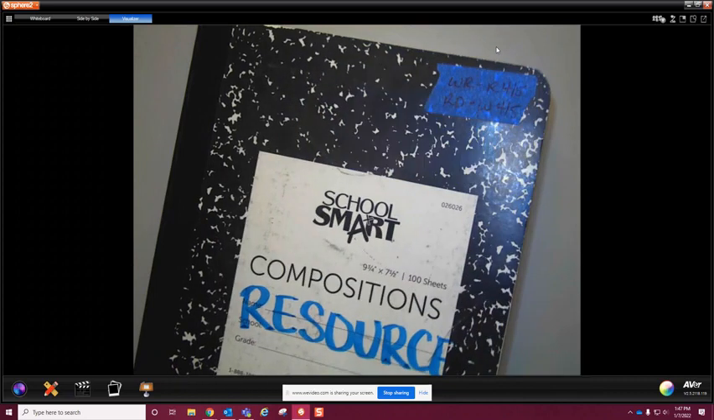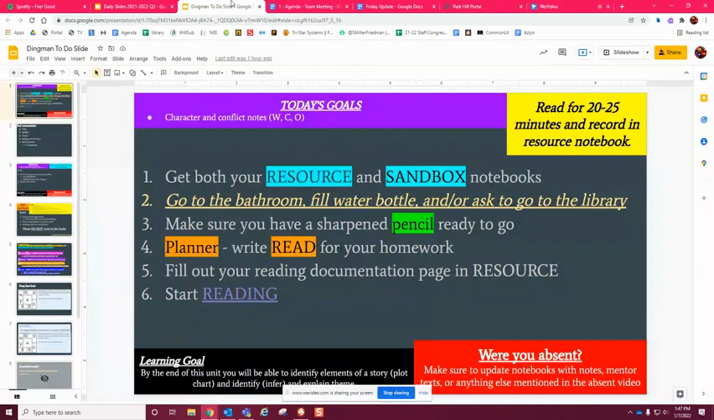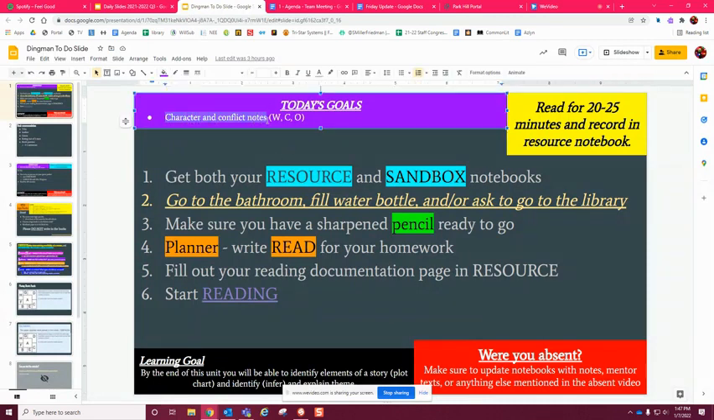So let's see. We start with our resource notebook first. We talked a lot about here. I probably should pull this up so I can talk through what our goals were here. So we talked about character and conflict because we're moving back into fiction, and so kind of like how we did with